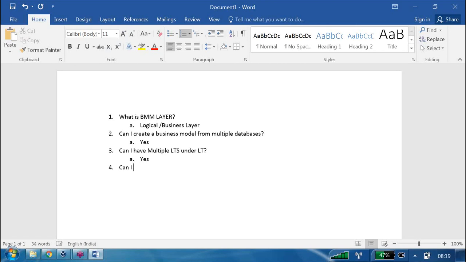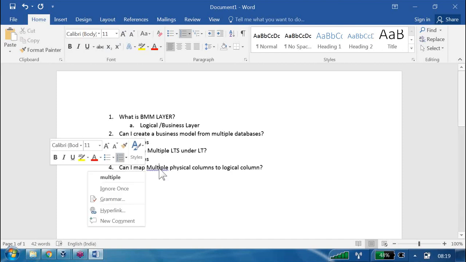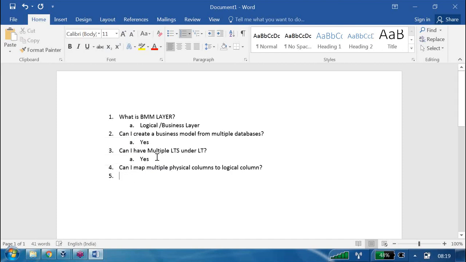Can I map multiple physical columns to a logical column? Answer is yes, we can do that.